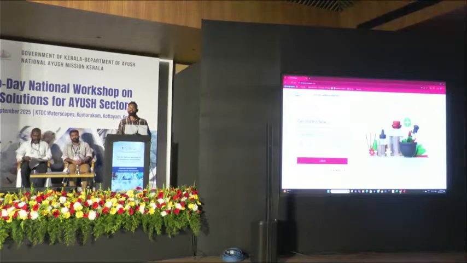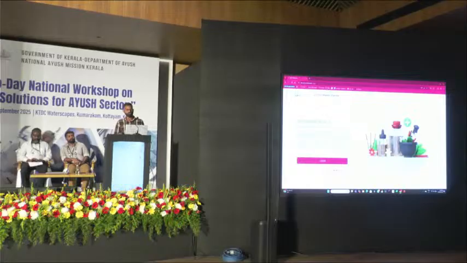Respected dignitaries, a warm good evening to all. Here we are going to see the interface of our software. As Sir has already mentioned, there is an NIC assisted patient entry system here. But certain institutions are not covered by this system, like APHCs and our integrated Ayush medical units. All these institutions cannot procure this NIC supported system. So there we can manage the patient details accordingly with this software system.